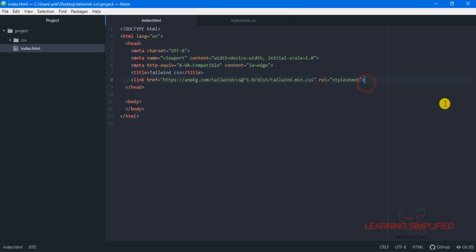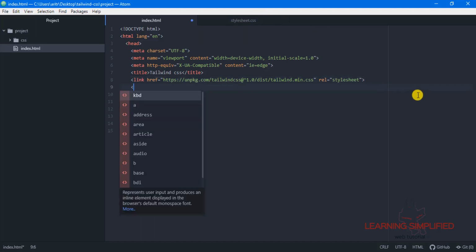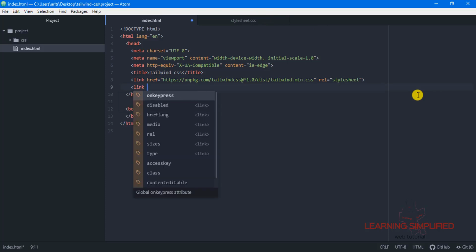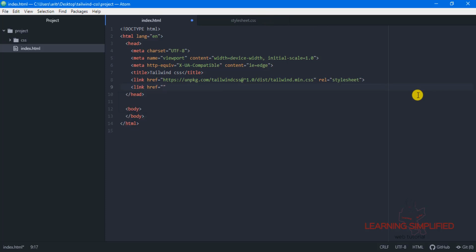Next, if we wish to make some customization, we need to link the CSS file that we have created, stylesheet.css, into our project. We link it right beneath this CDN that we have used. So this is the CSS here, and this is the root directory of this stylesheet.css.